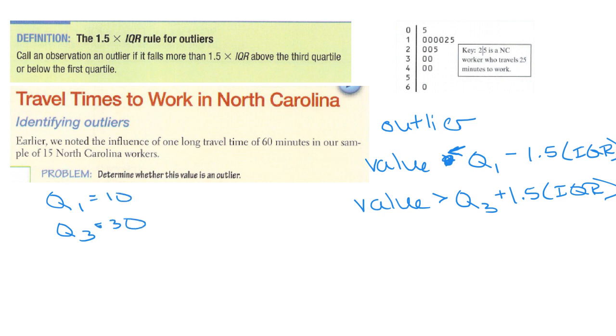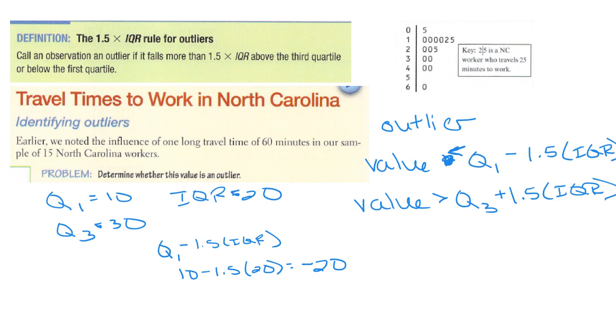Okay, so Q1 was 10 and Q3 was 30. And in this example, our IQR, remember, was 20, I believe. So when we are doing this, if I'm calculating for outliers, I'm going to say Q1 minus 1.5 times my IQR. So 10 minus 1.5 times 20. So that is going to give us a value of